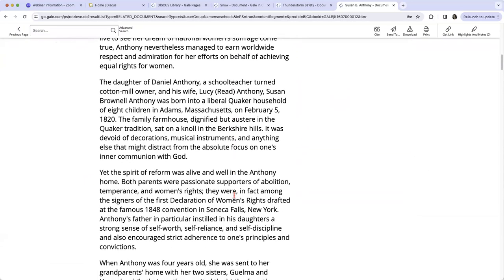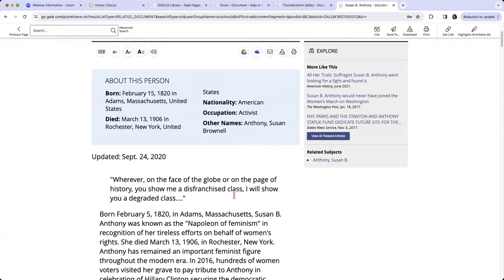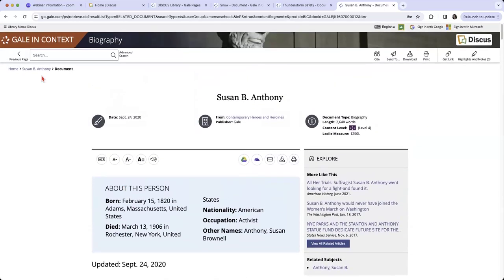So this might be where you want to link them back to or direct them in your directions. Okay, I'm taking you to the topic page. Start with the essay overview. Start with the first document. What I also really love is this explore panel. So if you are giving that choice to the topic page, you can also suggest that they access the more